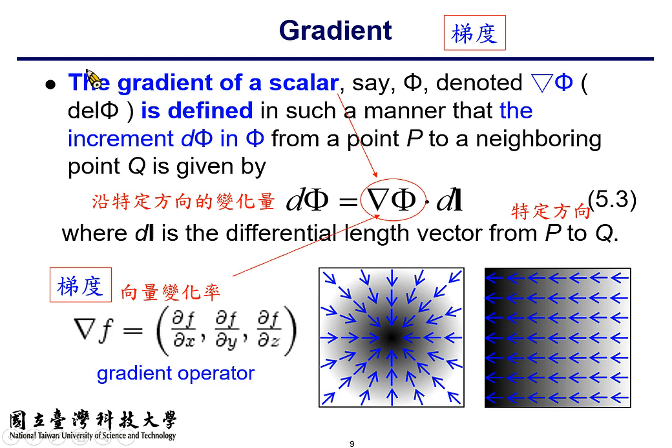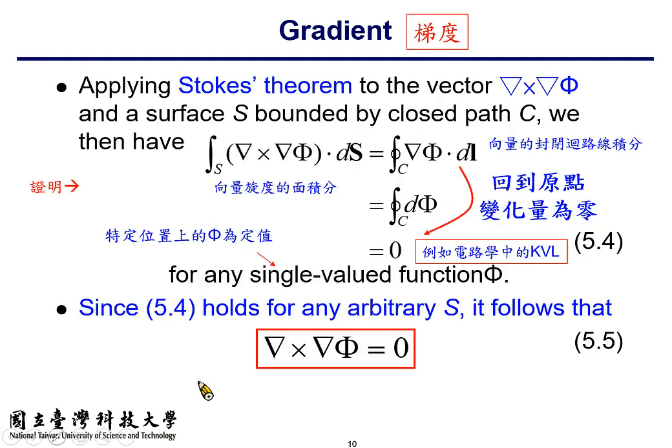It's a scalar because it's the inner product of two vectors. 所以沿着特定方向乘上它的特定路径长乘上它的向量变化率，就会变成是沿着那个方向的变化量，好不好？所以看清楚，它们念起来是一样的，d phi equals the del of phi dot dl，但其实它们的意义是不一样的，有的是向量，有的是存量，请你要小心。OK, the next thing we can do is apply the